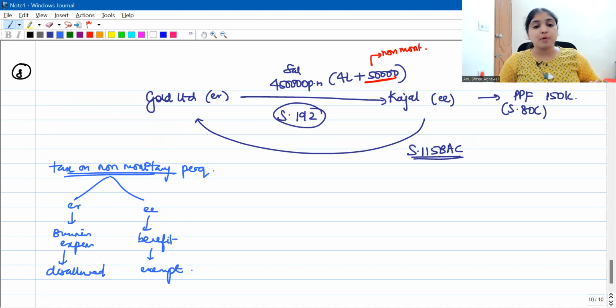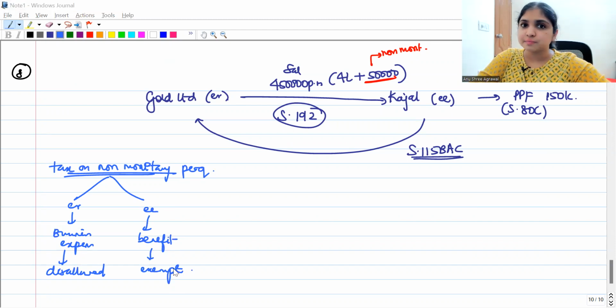Right? So tax on non-monetary perquisites paid by the employer. For the employer, it's a business expense and it will be disallowed. For the employee, it's a benefit, no doubt, but this benefit will be exempt. Okay, keeping all this in our mind, we are going to be calculating our assessee's total income and assessee's tax